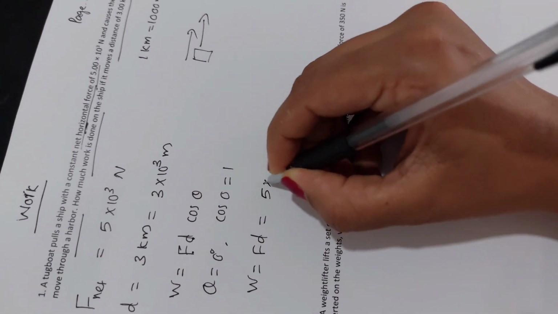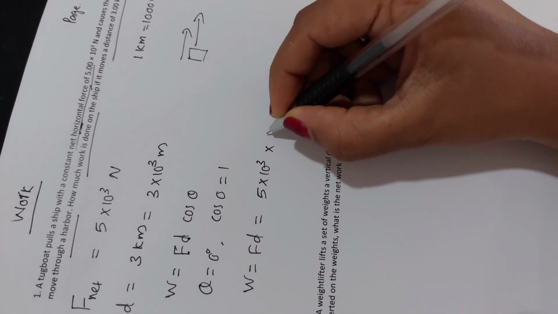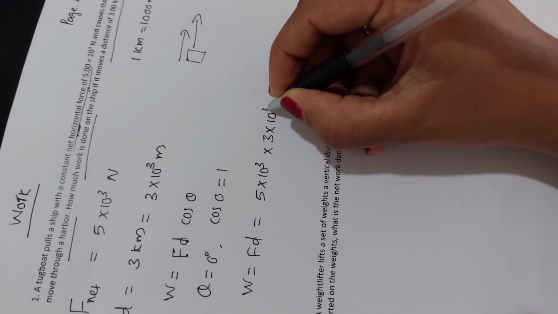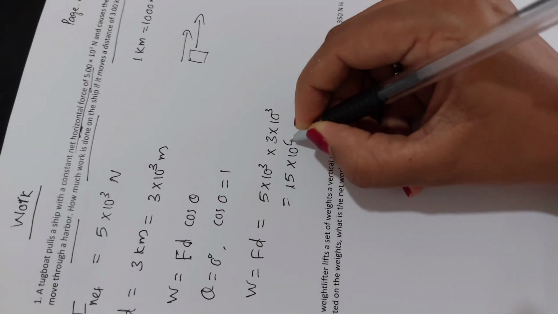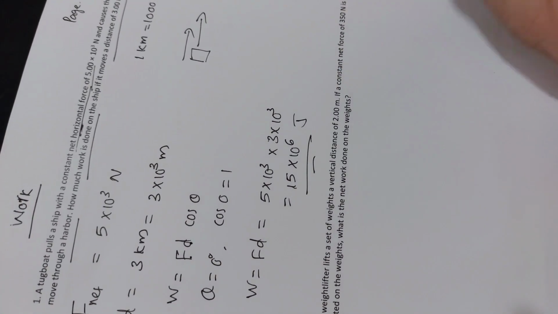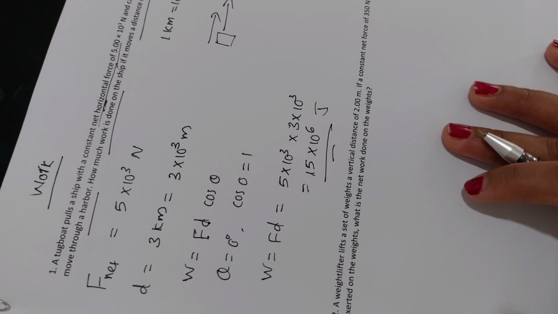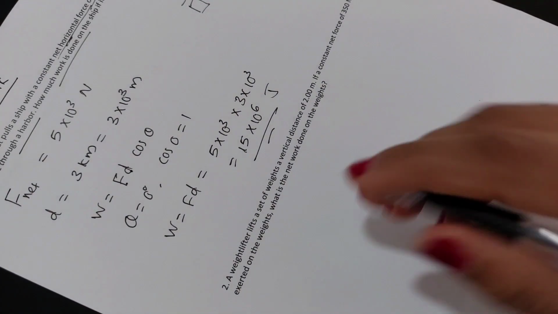F D means 5 times 10 power 3 multiplied with 3 times 10 power 3. That's equal to 5 times 3, it is 15 times 10 power 6 joule. That is the work done here. It's very simple, we just have to substitute in the relation. In the second question,